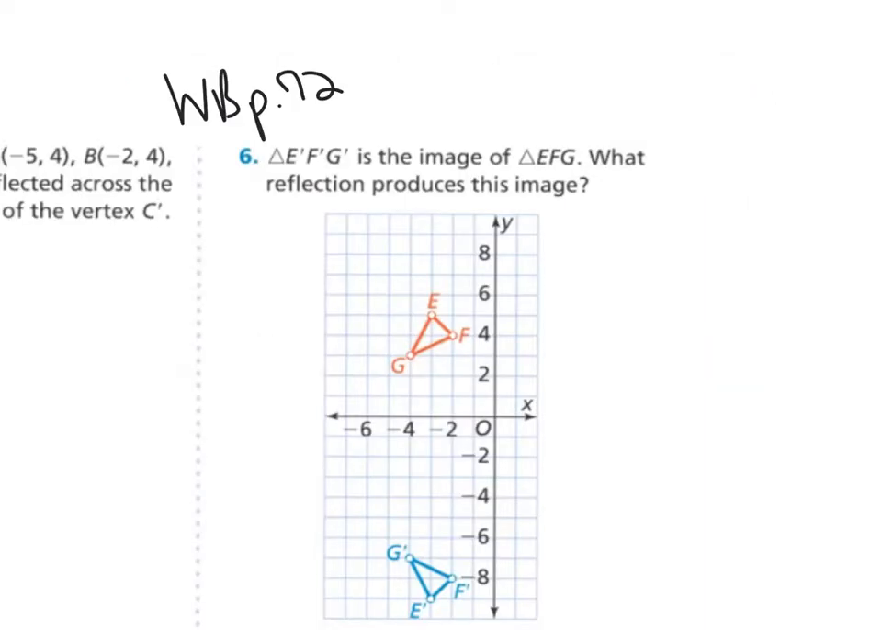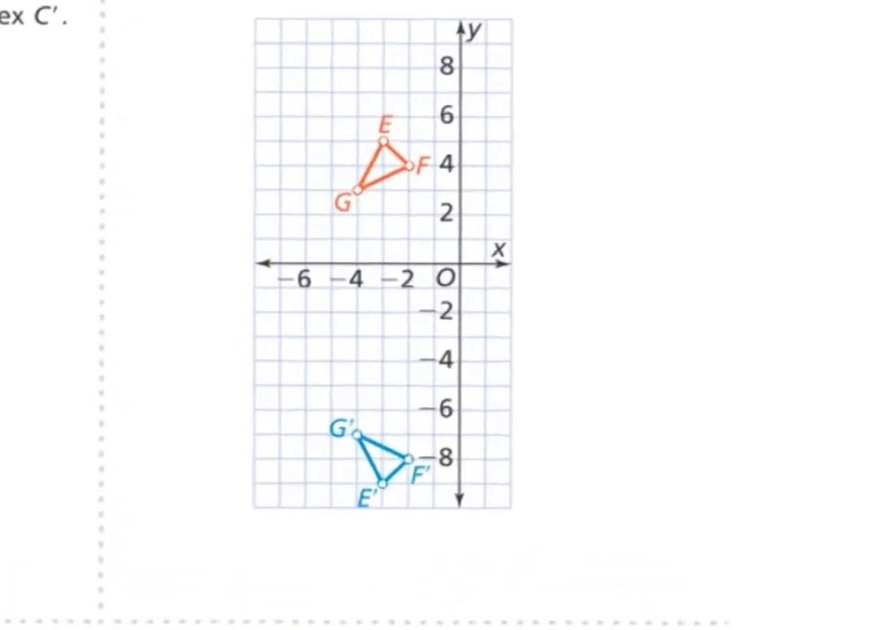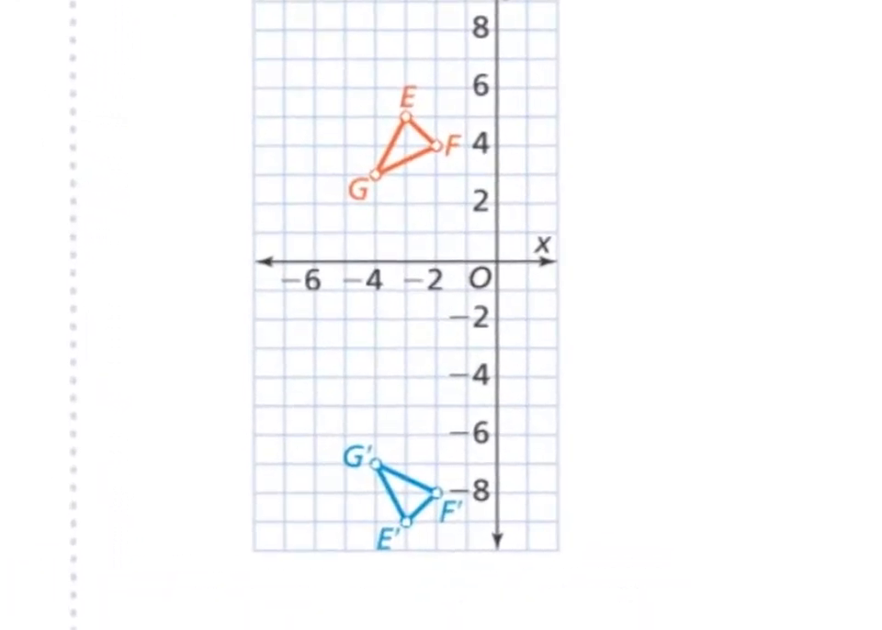We look at workbook page 72, number 6. We have a reflection here. The question is, what reflection produces this image? In other words, what line are we reflecting across? Well, this one they're a little bit further apart, so it's a little bit tougher for us to detect that exactly. What I would suggest is maybe take your 2 closest points and see how far they are away from